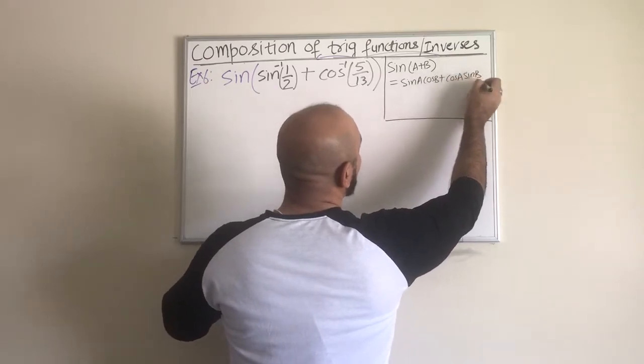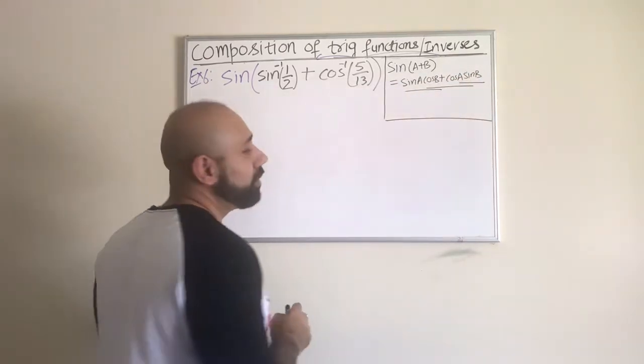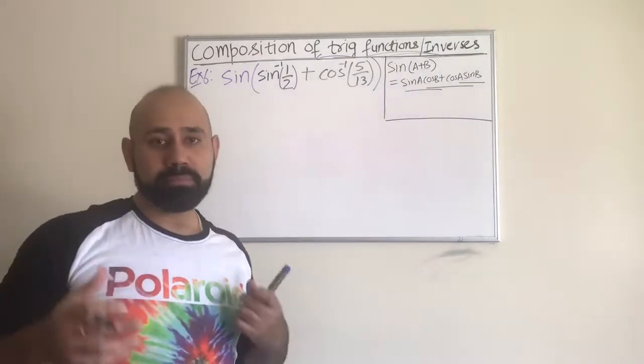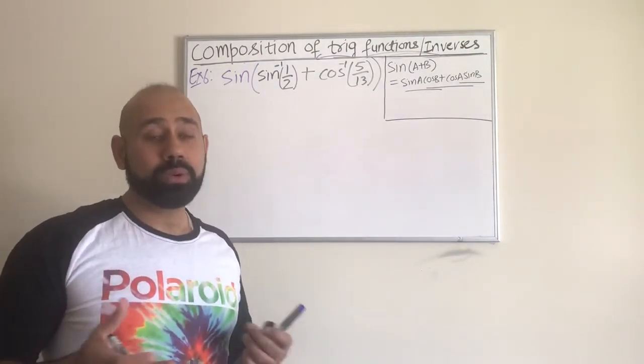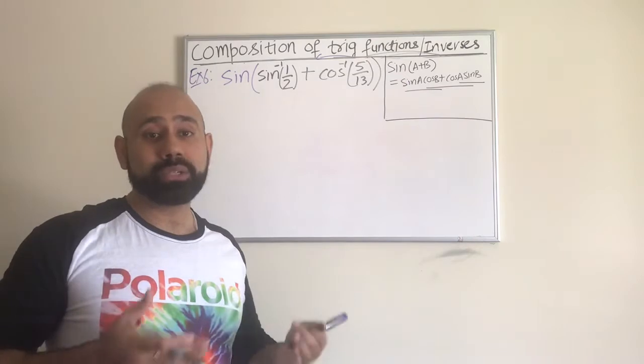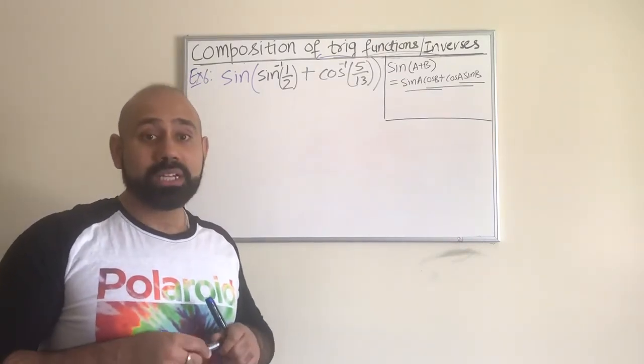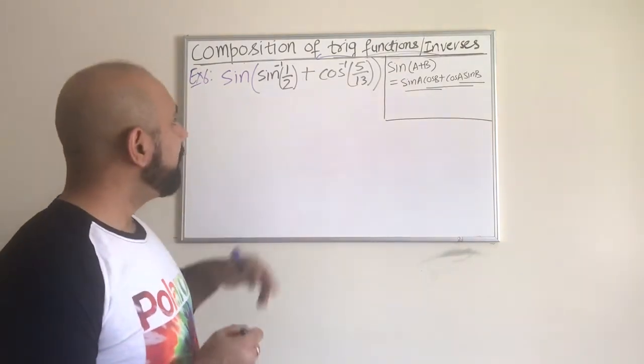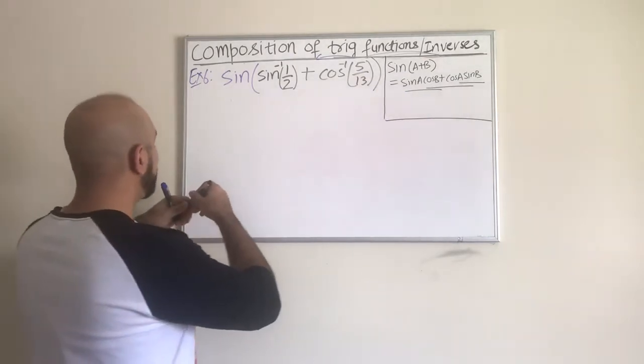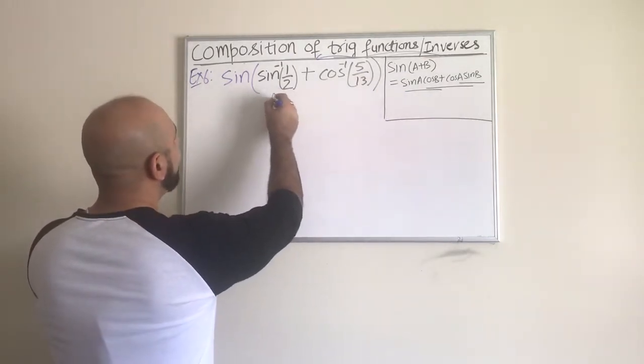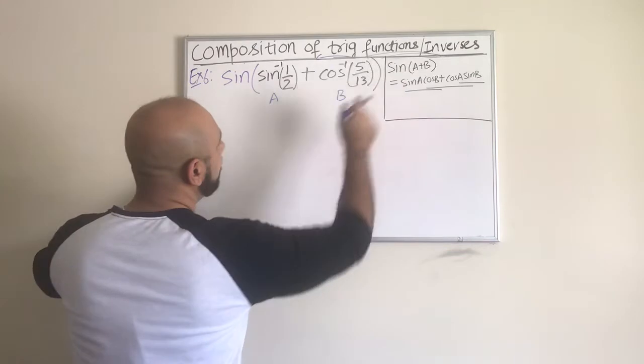Guys, these are all interconnected concepts. So one has to always remember, or have the formula sheet in front of us, to actually do any of these things involving trig functions. Okay, so once we have that, what we are going to do is think of this as my a and this as my b, and using the sine of the sum,